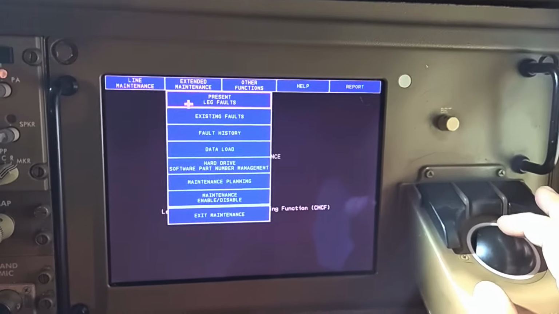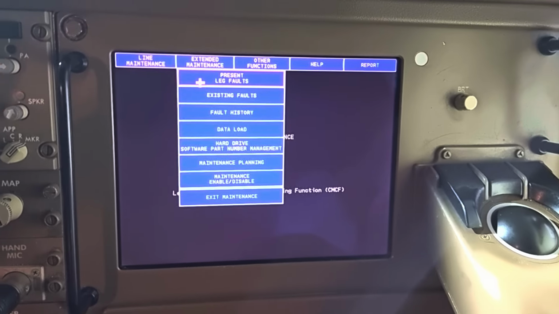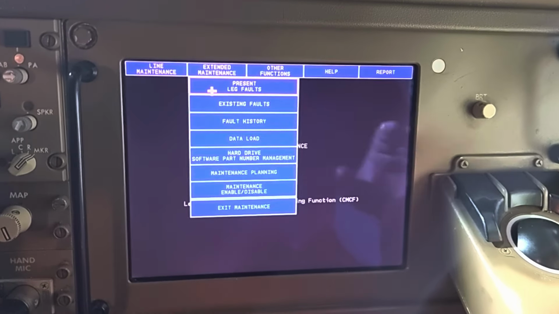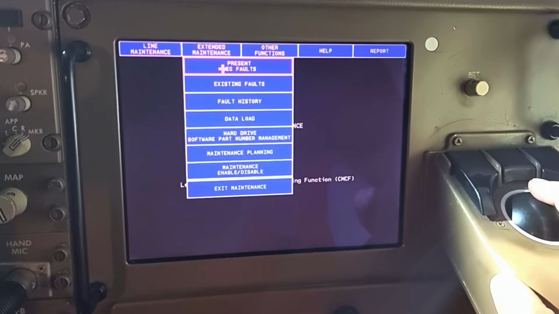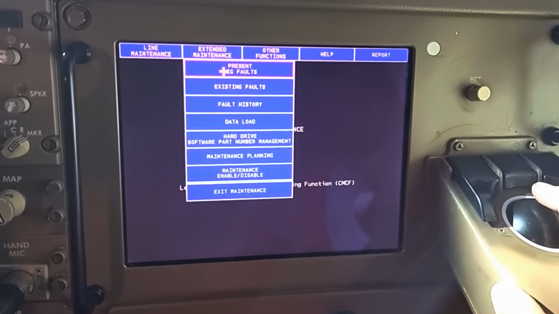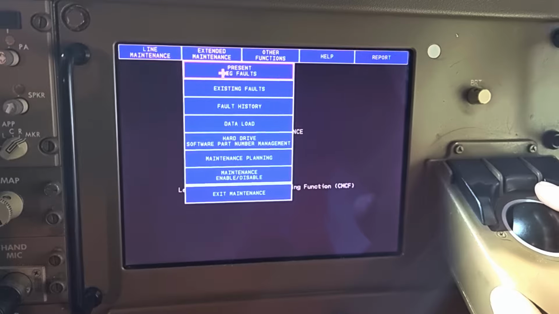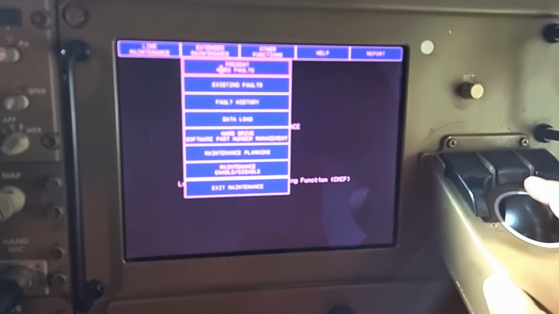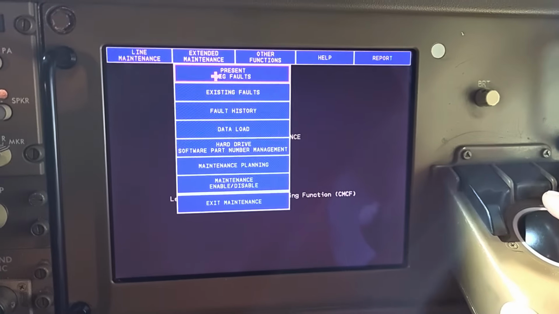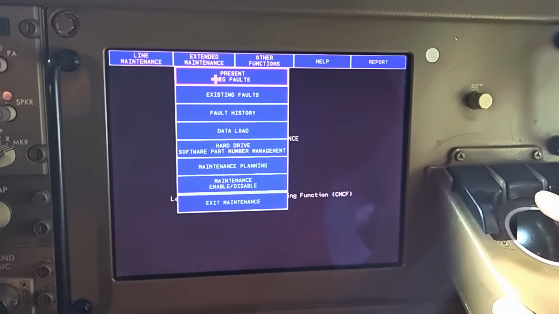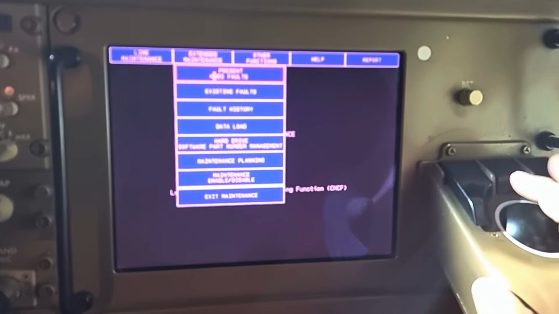So what is the difference between the present leg fault and the existing flight deck effects? Present leg faults are again about leg zero only, but they will show you the faults which are correlated or non-correlated, which may have triggered the flight deck effects or may not have triggered them. But those are stored during the storable phase only.